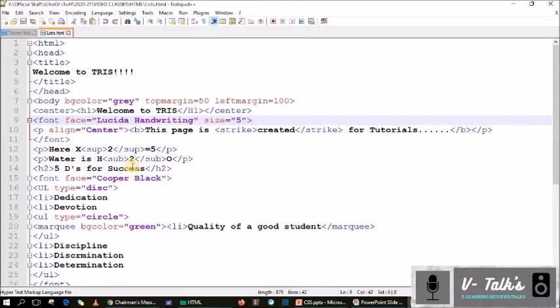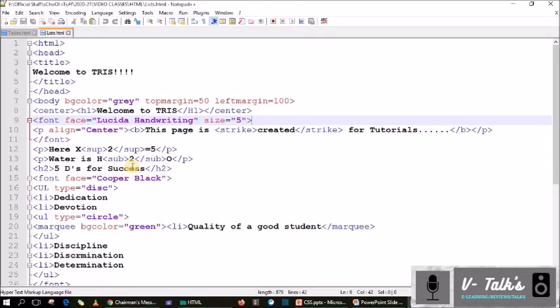So in another page, if you want to use the same font tag, you have to write the same font tag again and again. If 10 pages are there, you have to write the font tag 10 times. That means in every page you have to write the same font tag. So if any changes come, the style will look weird because it is different, if any difference comes in your spelling or anything when you are typing that.